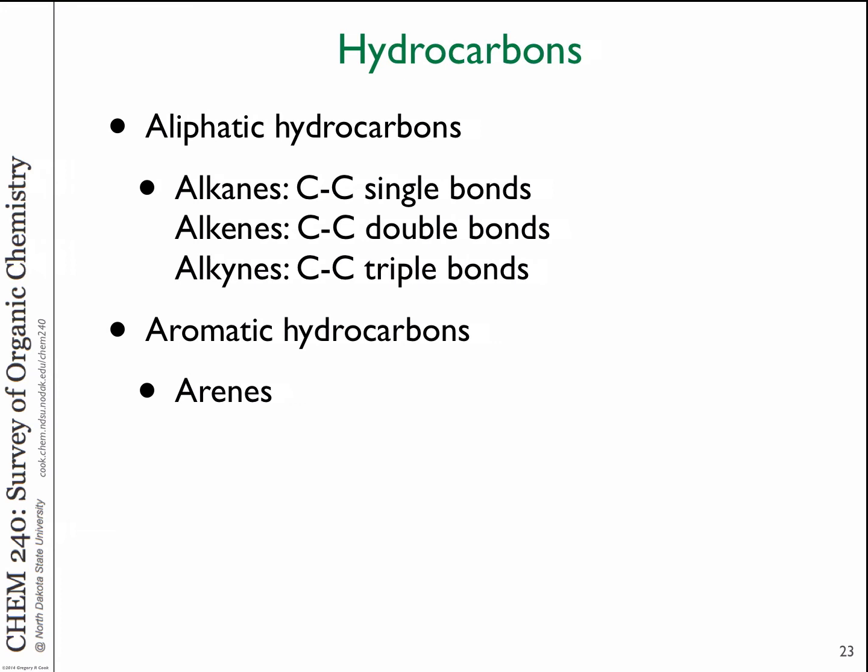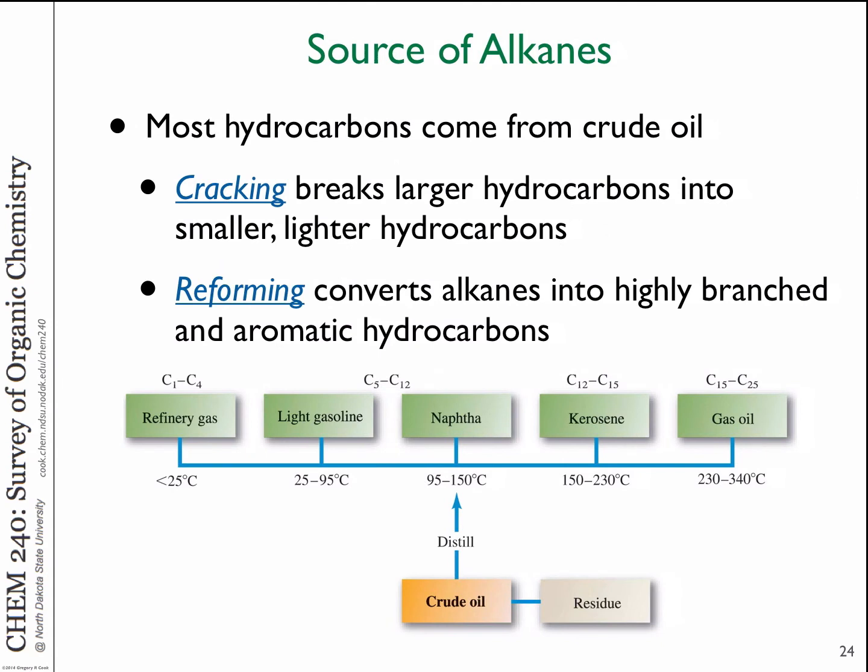But alkanes, hydrocarbons, really are the basis of organic molecules. They come from mostly petroleum sources. So most alkanes come from crude oil, from old carbon. Oil is distilled into various sizes of molecules generally, which is a mixture of alkanes typically, and probably alkenes and other things. But for example, if you refine crude oil, you get